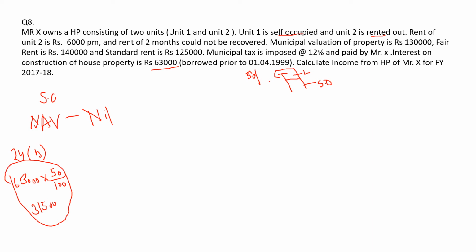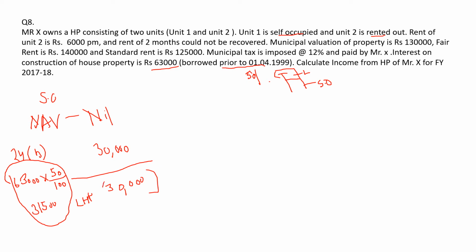We get a deduction of 30,000 or 2 lakh, whichever condition applies. Here, the condition that is fulfilled is that the loan has been taken prior to 1/4/1999. That means if it is prior to 1/4/1999, the deduction amount is 30,000. We will get a deduction of 30,000. So our loss from the house property is how much? 30,000.